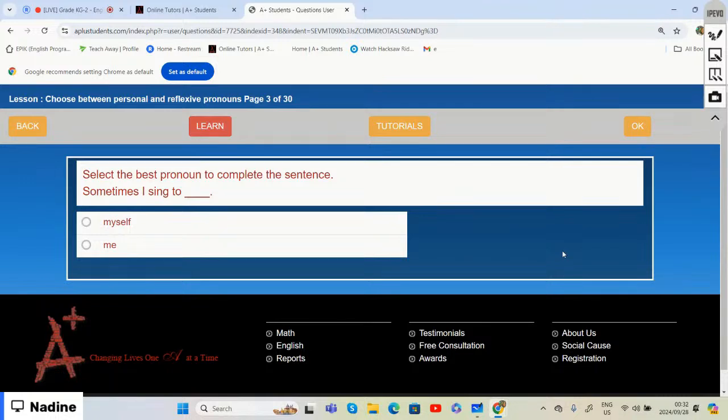We need to choose the correct option, the correct pronoun. And if we were to choose the correct option,